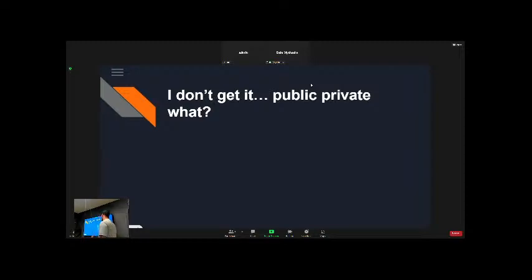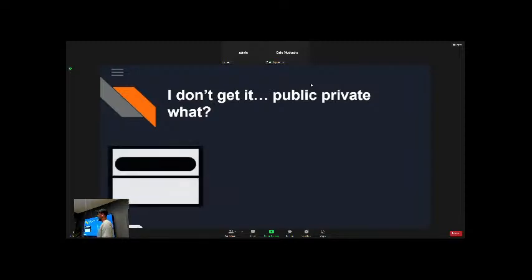So the public and private keys, how do they work? What are they? Why do you need them? Why are they the way they are? This analogy works really well for explaining this stuff. Imagine you have a drop box. In this case, we have this one here. There's no address on it. There's no lock on it. Anyone can open it. Anyone can put stuff into it. It's pretty useless. It's a box with a mouth, pretty much.